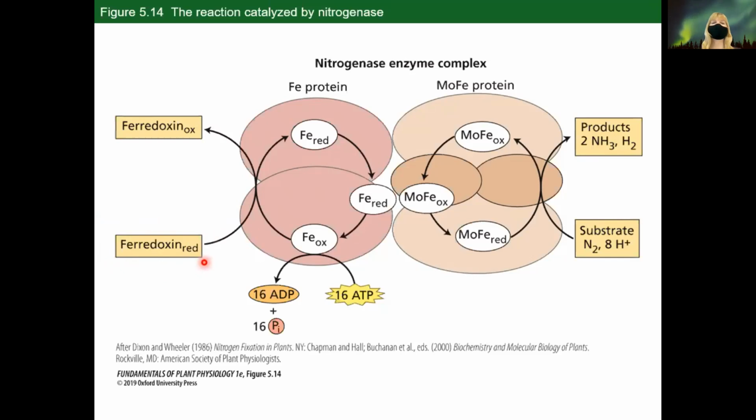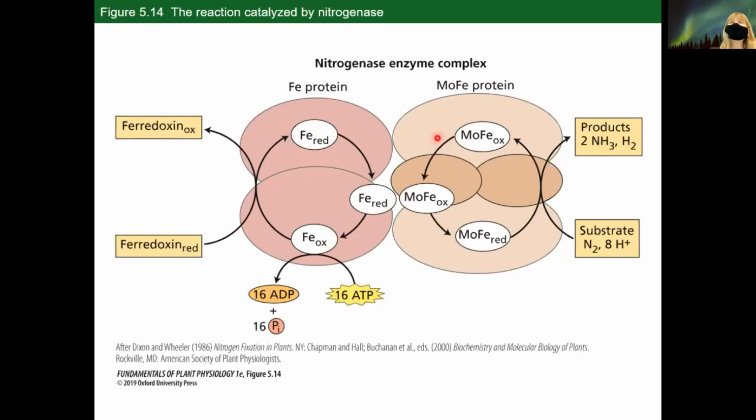What they're showing is ferredoxin donating electrons to this iron protein. Here you see the iron protein is in its oxidized state down low. It meets up with ferredoxin in its reduced state, and ferredoxin says, hey, I'll give you some electrons. So the electrons get donated to the iron portion of this protein, and that reduces the iron protein. So what you've just seen here is an electron transport mechanism that's kicking off. Ferredoxin donates the electron to the oxidized iron portion. That reduces the iron portion. Now that will move over and reduce the